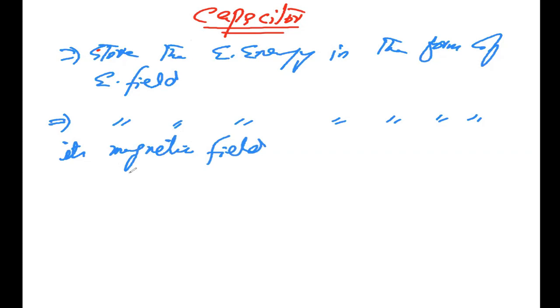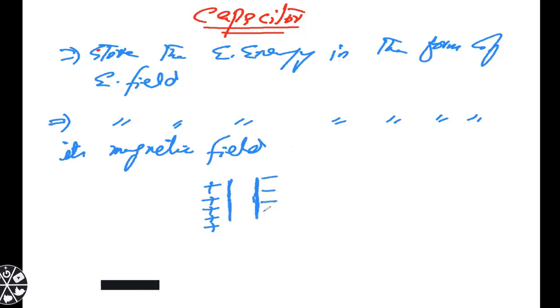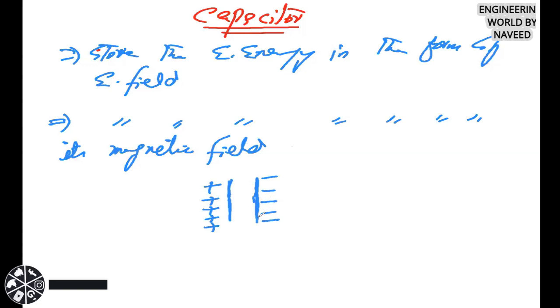Okay, so in a capacitor we have two parallel plates like this. These two parallel plates will store charge, equal but opposite charges. If this plate stores 5 coulomb charge, this will be plus 5, and this plate will store the opposite charge of the same magnitude, that will be minus 5. So the magnitude will always be the same in the parallel plates of the capacitor.